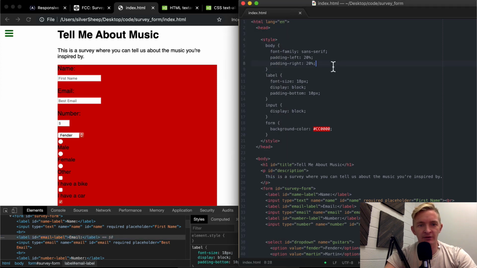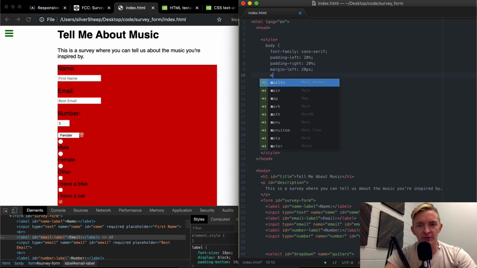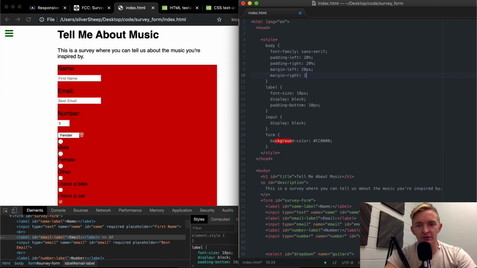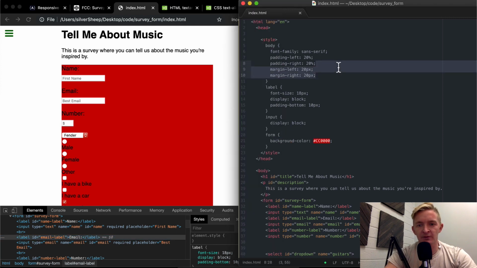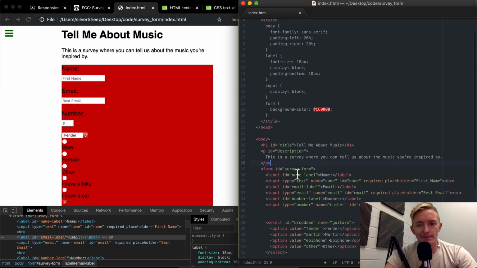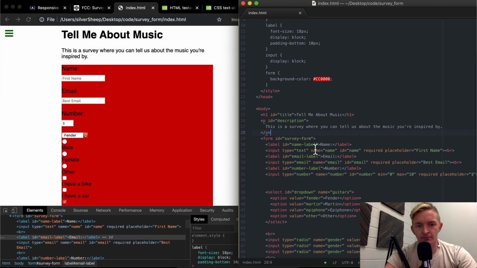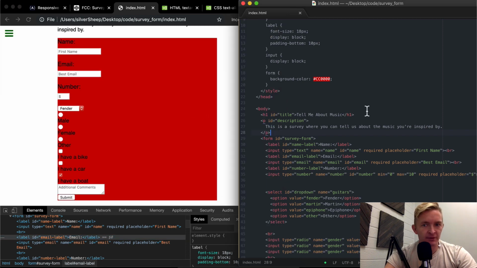And then also we can make the margin left equal to 20 pixels. And the margin right equal to 20 pixels. Okay, that's not what I wanted to do. Description. Okay, cool. Let's see the title. We've got our H1. Refresh the page, and then